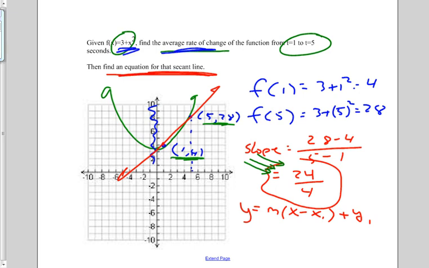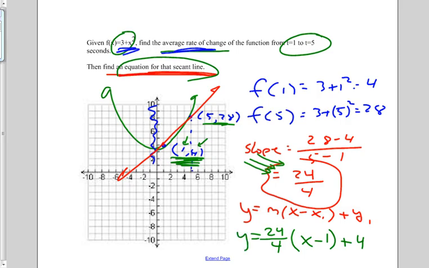So I think it's easier to choose the smaller number point. So the equation for my secant line is going to be y equals m, well, we found that, 24 over 4, times x minus x1, well, that's that point, plus y1. And here's an equation for my secant line. Now I'm going to stop this video and